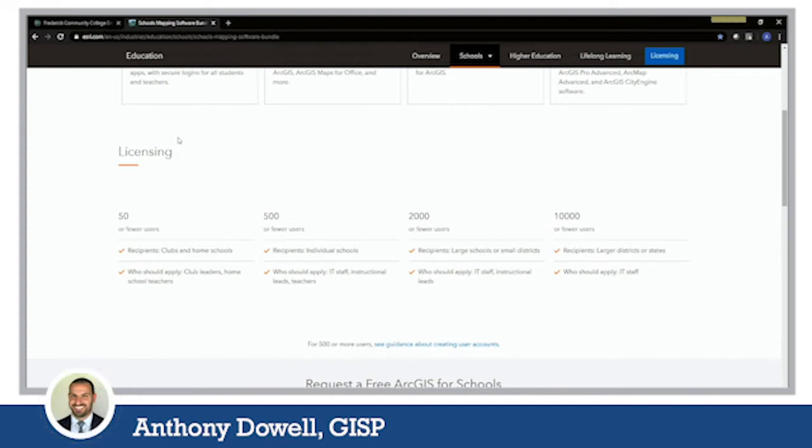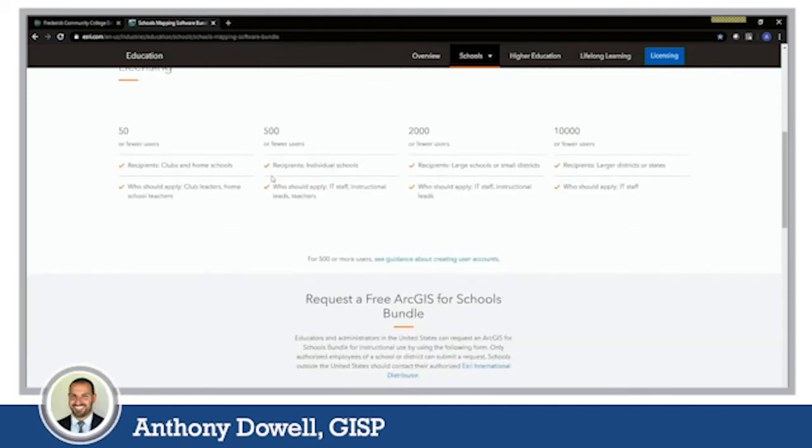And in my experience, the number of seats that you'll be getting out of the school mapping software bundle and the number of credits you will receive will be more than sufficient for your use in the classroom. So I don't anticipate that most instructors will have any issues with running out of credits or running out of available user accounts. Again, on the bottom of the page here, there's a very basic form instructors need to